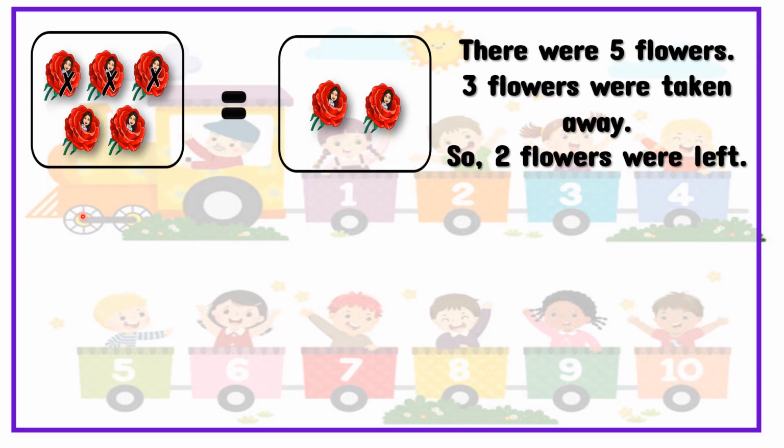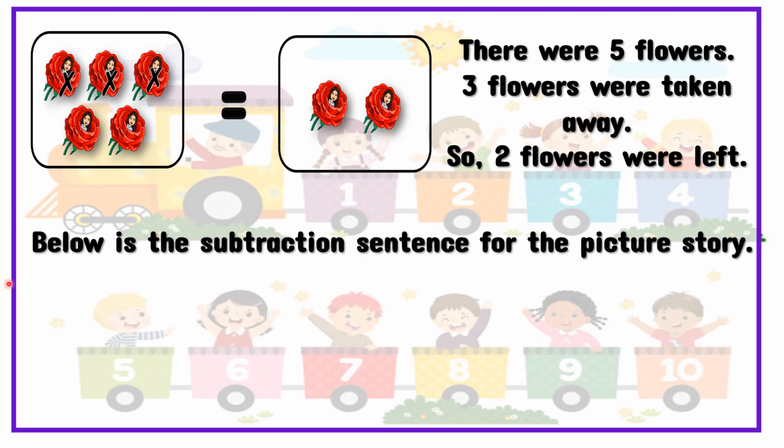So once again, this is the picture story. Again, there were 5 flowers. 3 flowers were taken away. So 2 flowers were left. Below is the subtraction sentence for the picture. It reads as